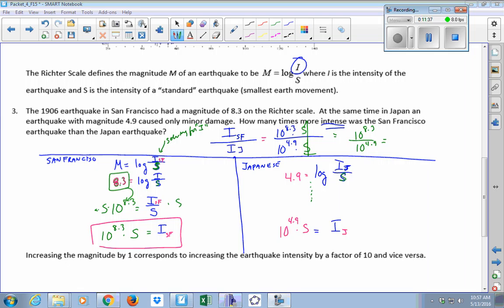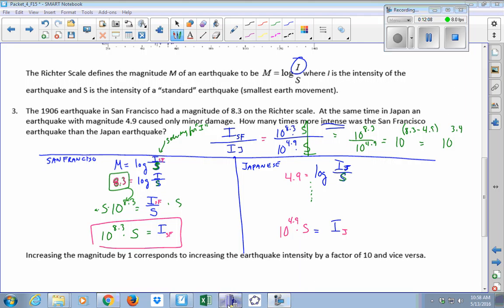Yeah, finally, you can see an application of why you need exponent properties when you're doing division with the same base, right? You subtract the exponents. You keep the base the same, and you subtract your two exponents. So these are the two magnitudes that you're subtracting, and you see 10 to the 3.4. 8.3 minus 4.9, not too much of a big difference, but remember you're raising 10 to that power.